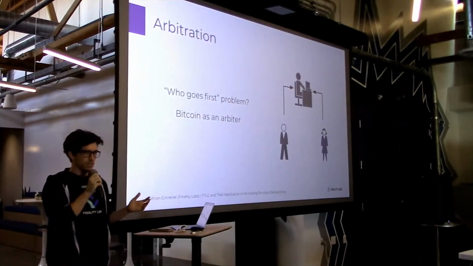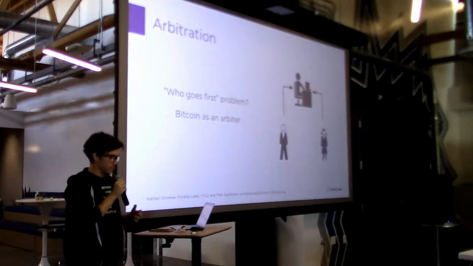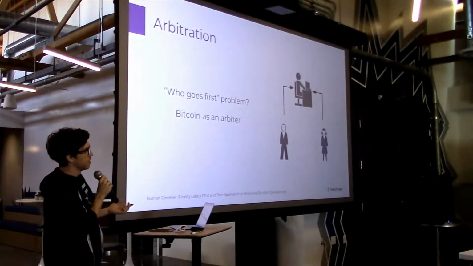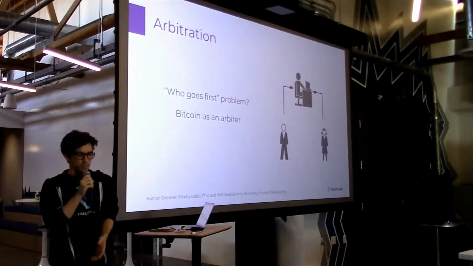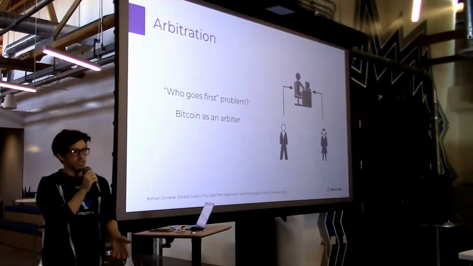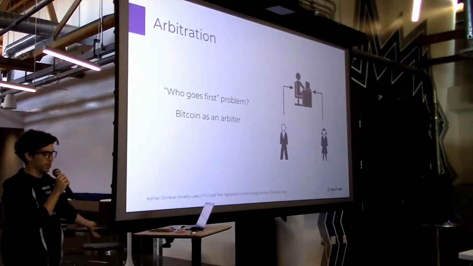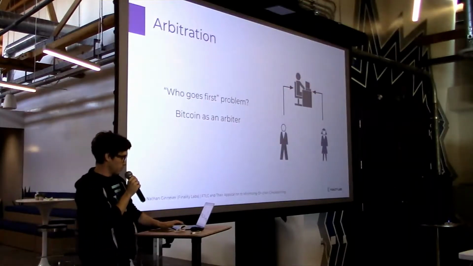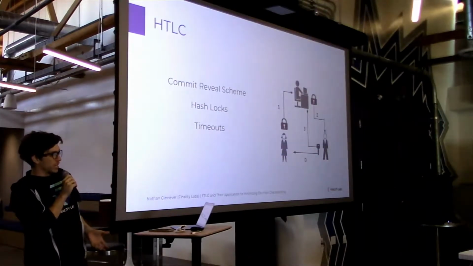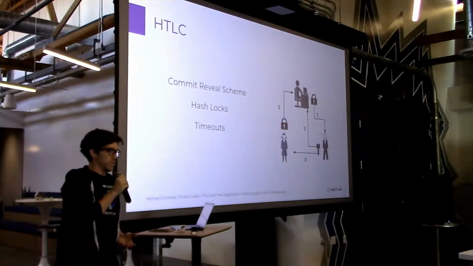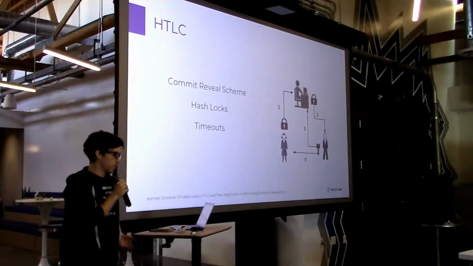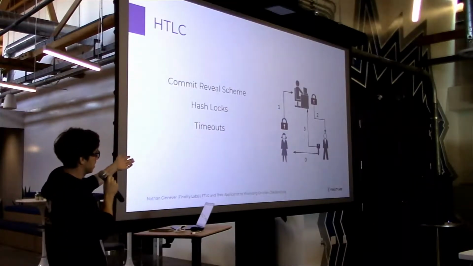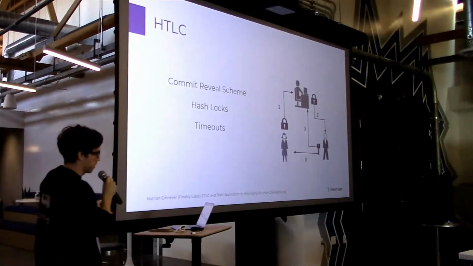So we need to come up with an arbiter, right? And then without Bitcoin, without blockchains, this would normally be done by somebody behind the desk. It would just be a person that you would trust. You would give your money to that trusted person who's supposed to not have any interest to screw you, and your counterparty would do the same. So hash time lock contracts were a way to do this on Bitcoin and use Bitcoin's blockchain as an arbiter for that process. And this is exactly how a hash time lock contract actually works in practice, right?